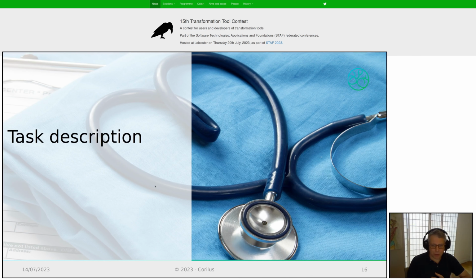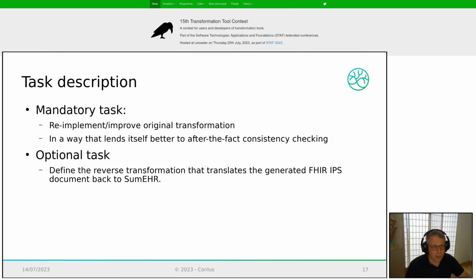The task description: what do you have to do with all this? The first one's obvious. I'd like you to re-implement or improve the original transformation that translates SumEHR documents into FHIR IPS documents. And it would be good if you could do it in a way that lends itself better to after-the-fact consistency checking. It's medical information. It's quite important that it is consistent medical information,